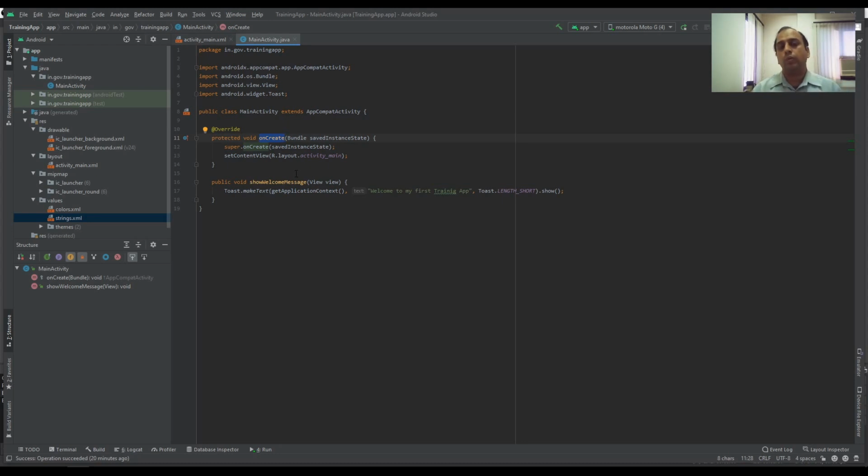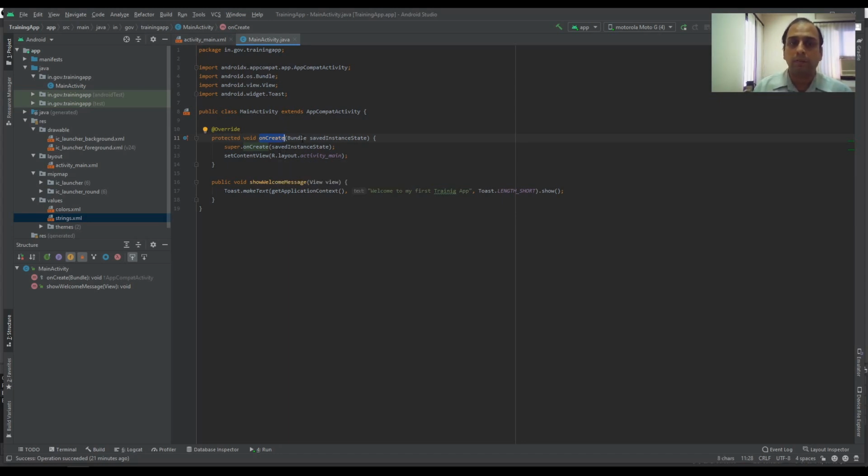Whenever the app is being launched, Java will search for a function which is named onCreate, and it will run this particular function when the activity is being created. Similarly you can have many other such keyword functions, I would say.